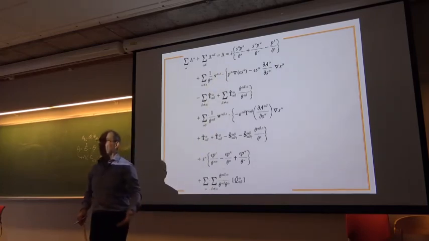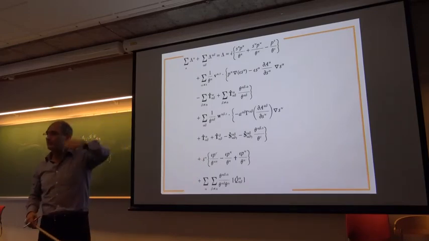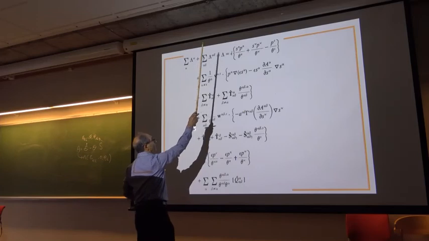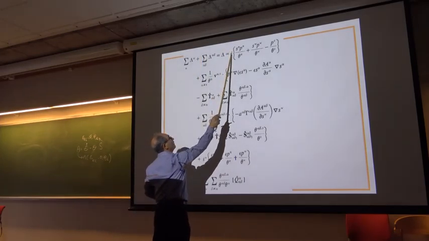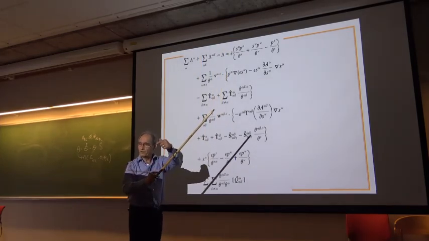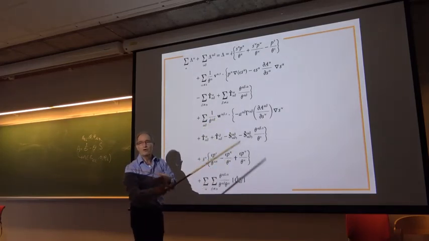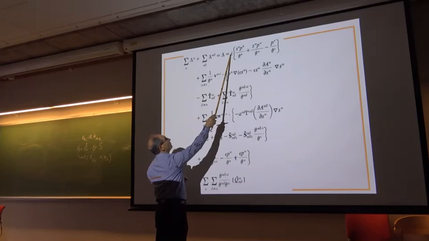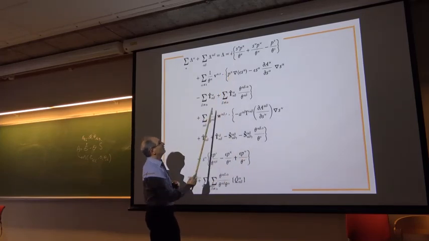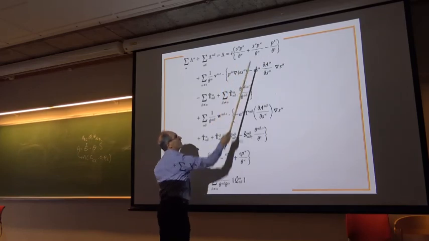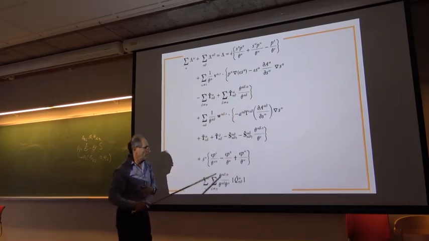At equilibrium, all terms are 0, and then entropy production is at absolute minimum. Therefore, the derivative of the rate of production of entropy with respect to the variables that make it 0 must also be 0. So if I take d gamma, the epsilon dot appears here linearly. The derivative with respect to epsilon dot must be 0 at equilibrium, which gives me that these two must be equal.